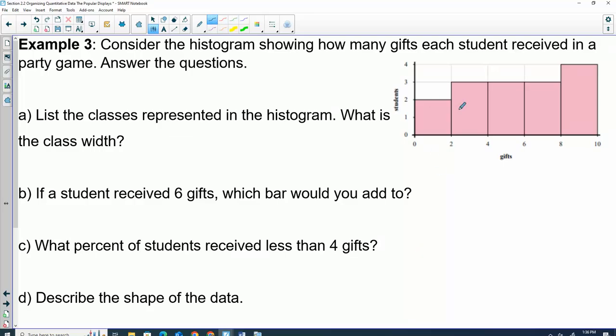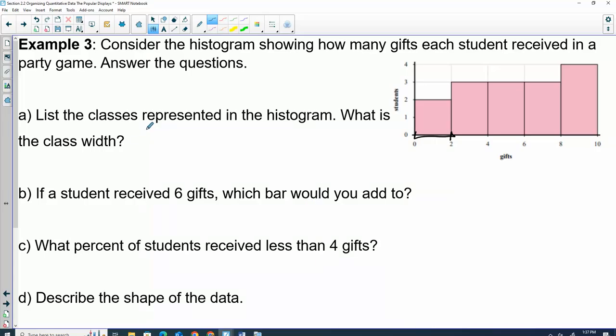So our histogram shows how many gifts each student received in a party game. Answer these questions. List the classes represented in the histogram. The classes are these different rectangles. That is probably the one that I have not talked about. The rest of the questions you should have been able to answer, but the classes are a little bit more